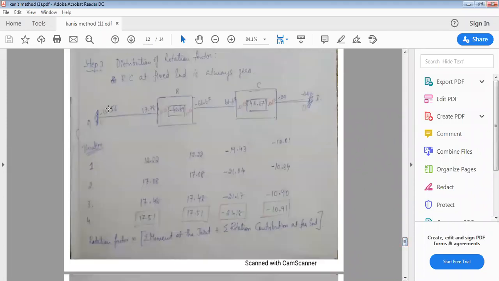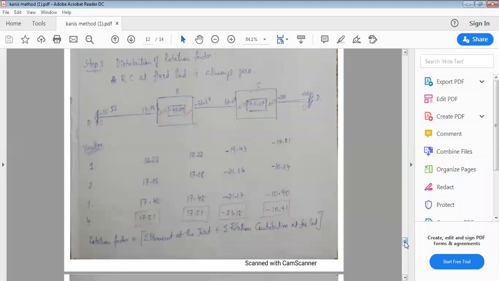And then these are the fixed end moments 1, 2, 3, 4, 5, 6, which I got from step 1. The intermediate part of this rectangle is the summation of moments at this joint. How we got it: 17.78 plus minus 66.67, you will get minus 48.89. Similarly, 66.67 minus 20, you will get 46.67. These are all what we saw in yesterday's class.